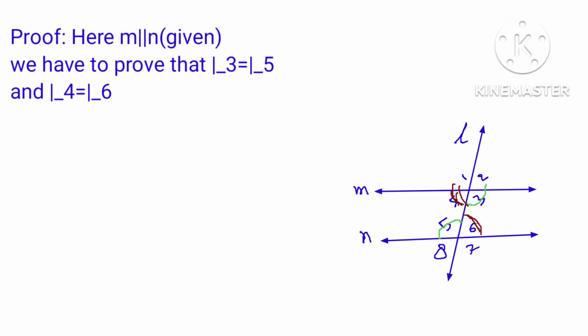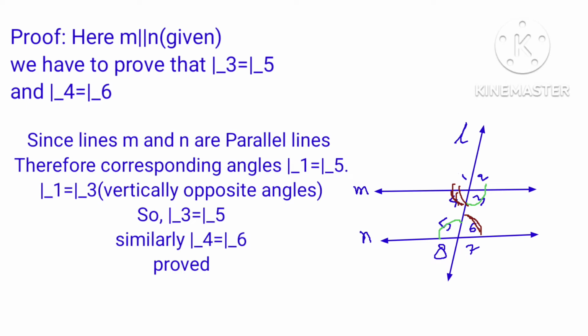Here, M and N are two parallel lines, and L is a transversal line, and we have to prove that the alternate interior angle 3 is equal to angle 5 and alternate interior angle 4 is equal to angle 6. Since lines M and N are parallel lines, therefore corresponding angles, angle 1 equal to angle 5,